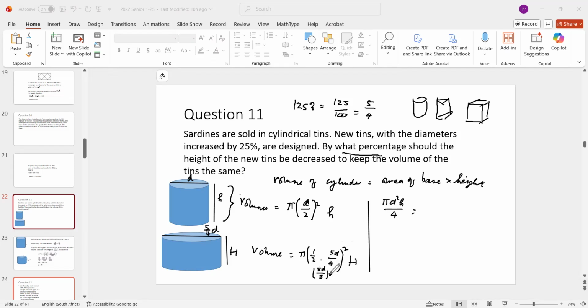Okay, so the numerator is this is being squared. Is 5d all squared, which is 25d squared. Well, there's a pi times the numerator squared over 2 4 is 8, that's 64, times h. So now you can cancel. The pi is cancelled, the d squared cancels, and you have h